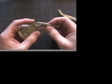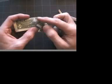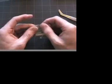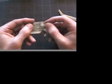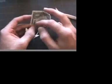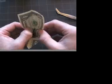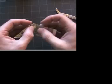Okay, so this is what we have at the beginning of step 9, where we are going to do a crimp fold here. We need to make a crease here, which I usually do by just folding it over like this, making sure that it's even here. But before I do this fold, again, I find it easier to open it up and fold these leg pieces in half, which gives me kind of a guideline of where the crease is going to be from here to here,